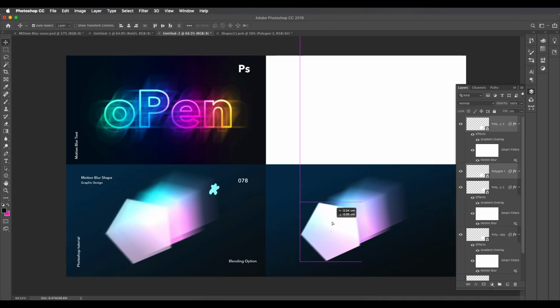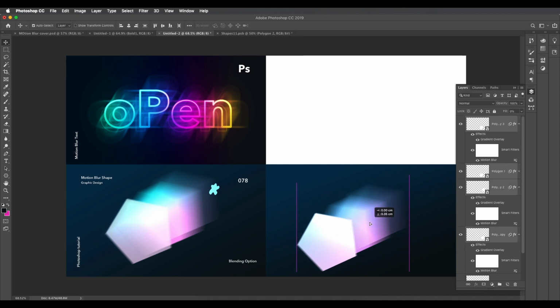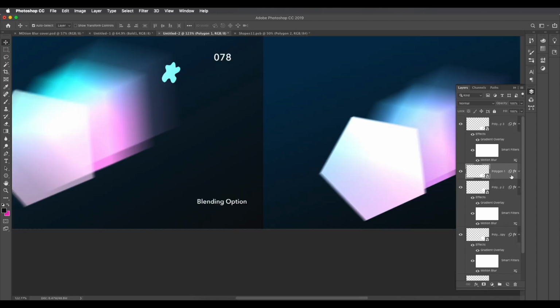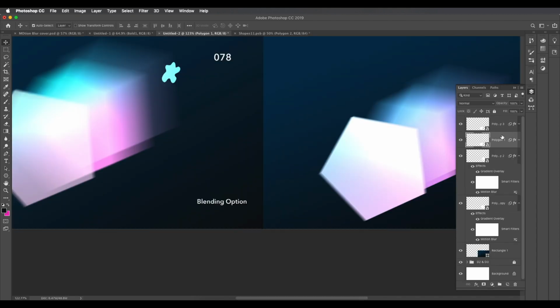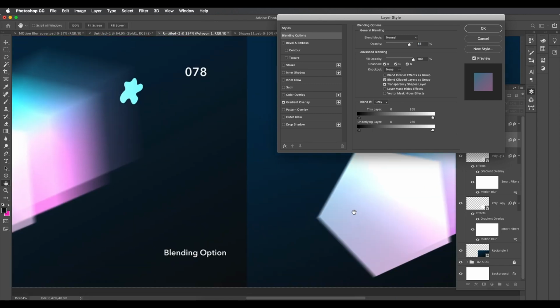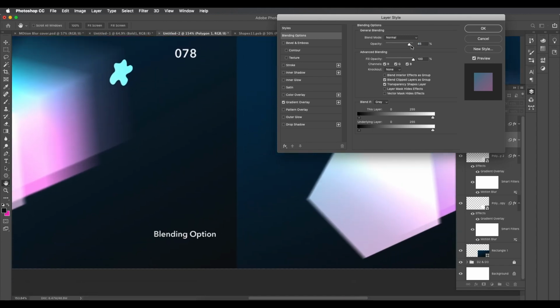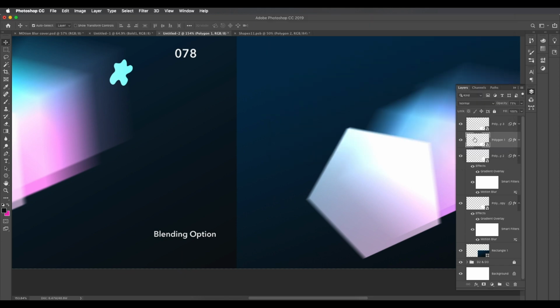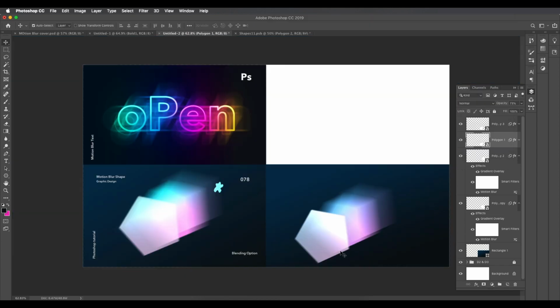So now you'll do the placement properly and just move it somewhere around here. So let's go inside this layer. So this one, I'll just double click and again go inside. So what I'm doing here is I'm going to reduce the opacity a little bit, just to see the transparency effect. So it was 100%, I'm going to reduce the opacity around, let's say 70, and click OK. So that way you got a little bit of transparency effect there, and I'll just move it a little bit downward as well, just to give some area over there,